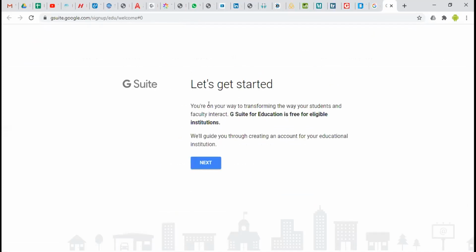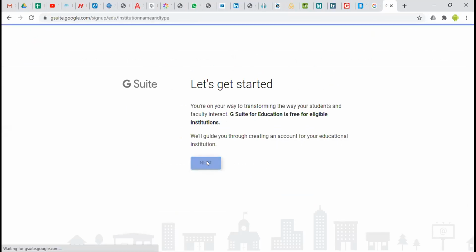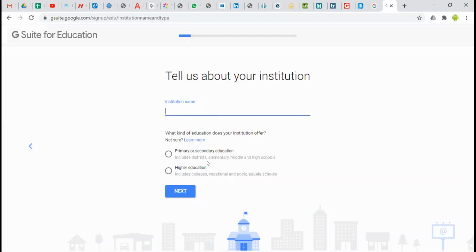So you are on your way to transforming the way your students and faculty interact. G Suite for Education is free for eligible institutions. We'll guide you through creating an account for your educational institution. Then you just say next. So you give the name of the institution, let's say Lysamis TVC.